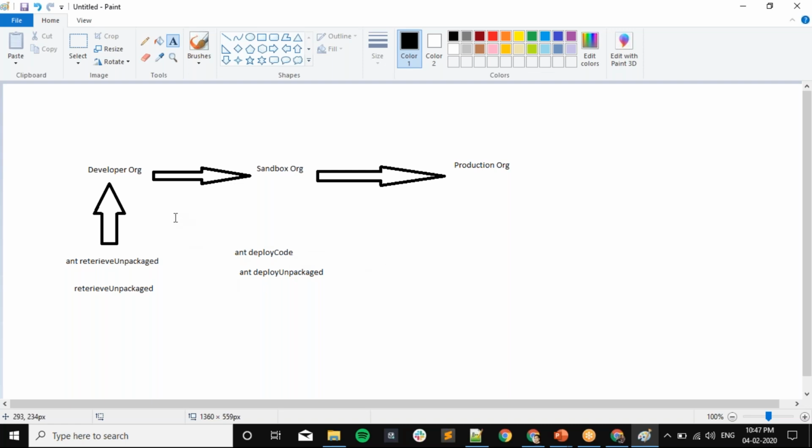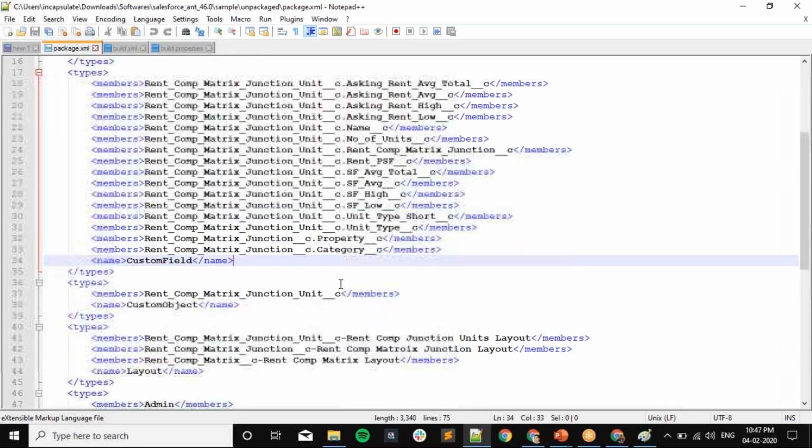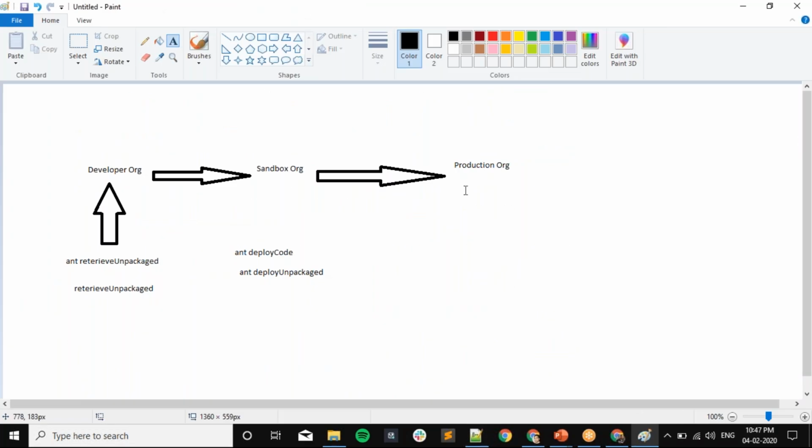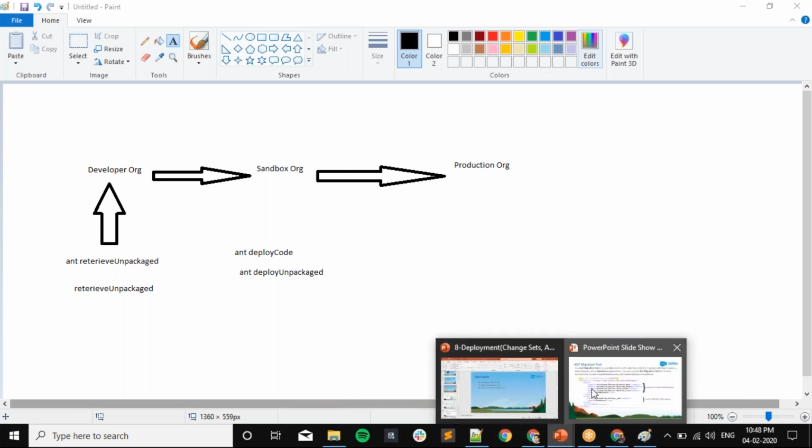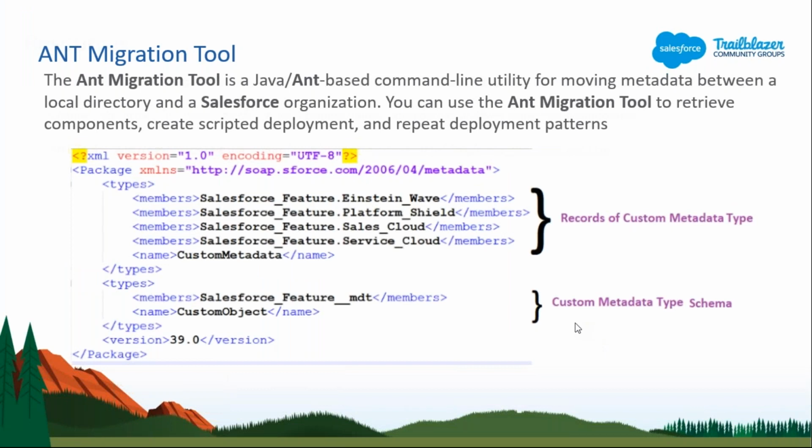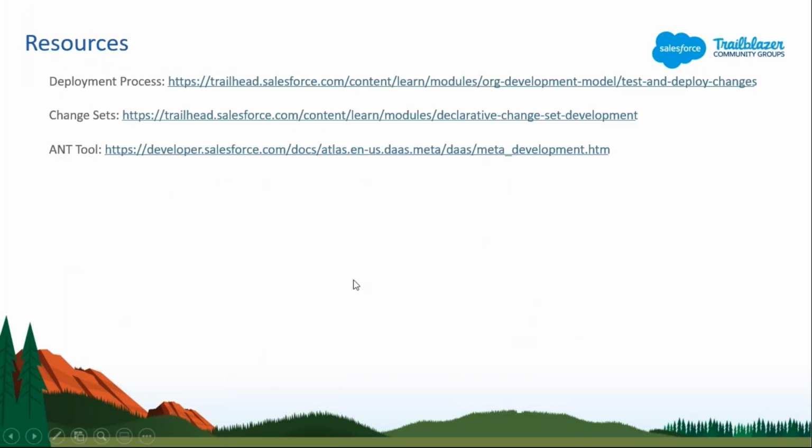But if I am talking about that package.xml file, then it will take around 10 to 15 minutes for three orgs. So there is not much complexity. You just need to retrieve and deploy to the other org. So this is the deployment process in Salesforce. So yeah, that's it. Any questions?